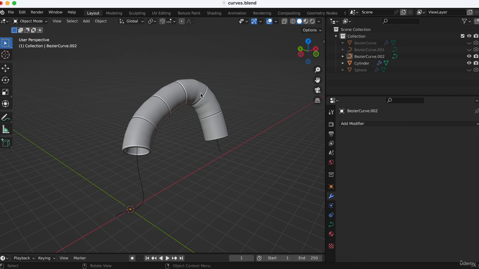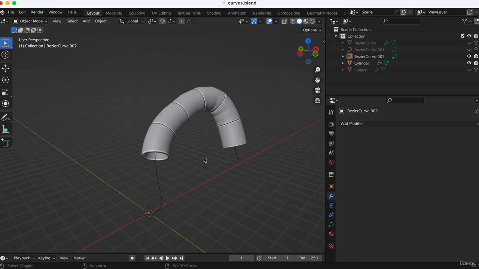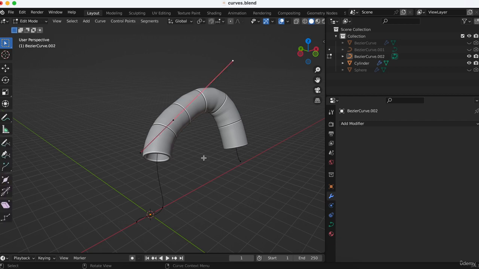You can create slides or tunnels like this. Also, with the array and curve, you can create necklaces and bracelets, and with the screw modifier, you can of course create screws. So the curves are really easy to work with. And you can also create cables